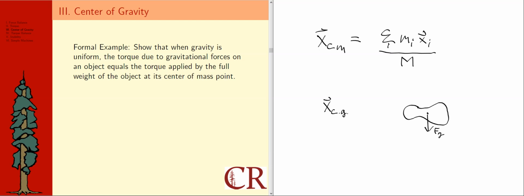But again, I want to really emphasize that that is only true in uniform gravity. If gravity is not uniform, these two points are different because the center of gravity's definition is tied to how gravitational forces act on an object. If the object is sitting at a point in space, or maybe it's a really large object, so that the gravitational forces on it are not uniform, maybe gravity is acting more strongly on one end of it than the other, that's actually going to shift that center of gravity point away from where the center of mass is.